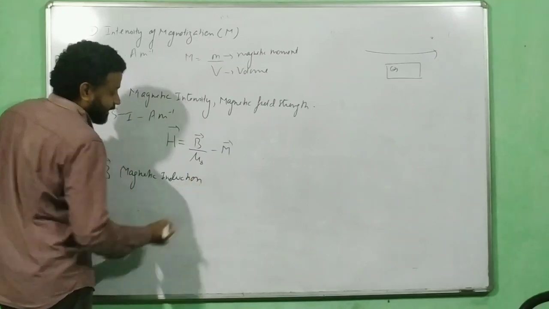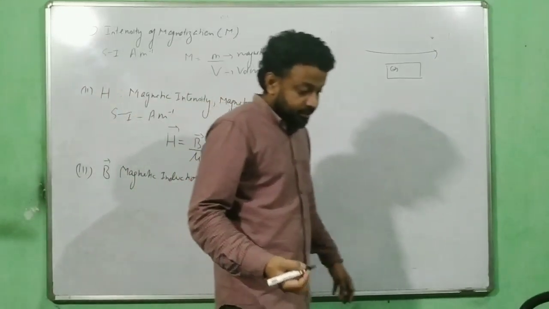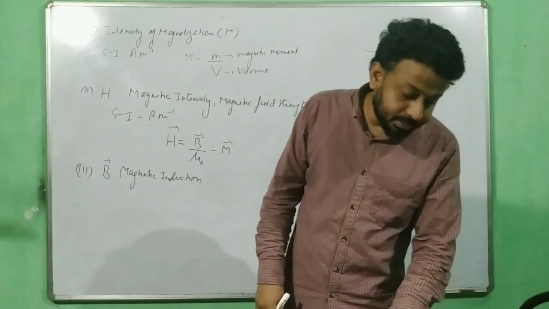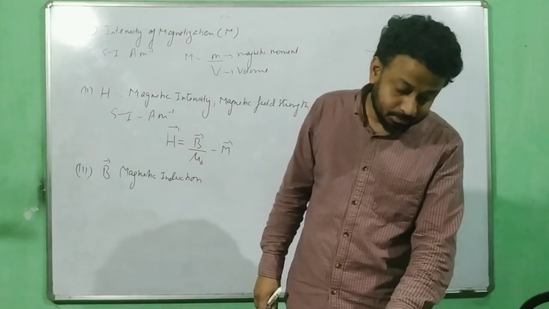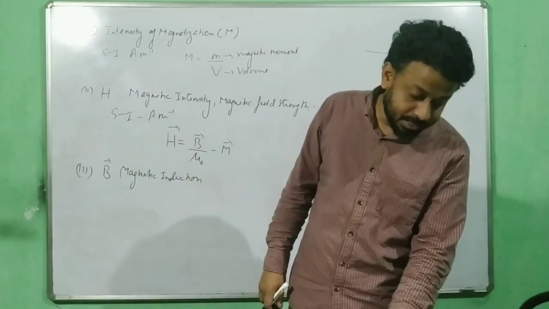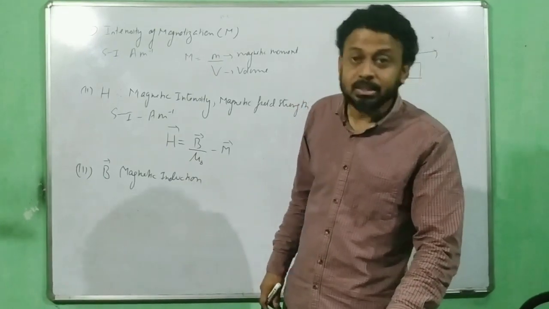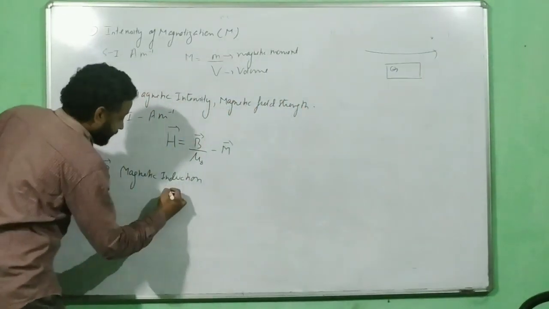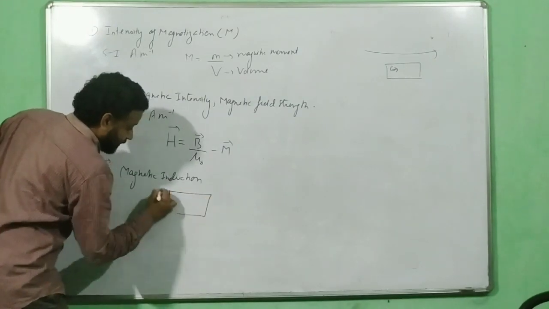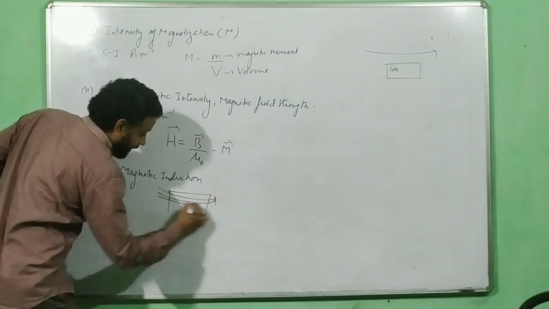What exactly is magnetic induction? Magnetic induction is defined as the number of magnetic lines of induction inside a magnetized substance crossing unit area normal to the direction. It is called magnetic induction or magnetic flux density inside the substance. That means inside the substance,